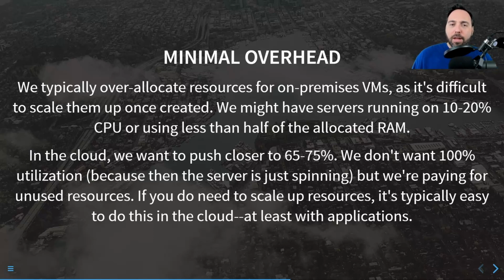But if we're in the cloud, I want to push those CPU numbers much higher. On a SQL Server instance, on-prem, I'm aiming for like 20 to 30% CPU load, because that gives me a lot of room to grow. In a cloud, any CPU cycle that you don't use, you're still paying for. So I want to use more CPU. I want to push closer to, say, 65 or 75%.